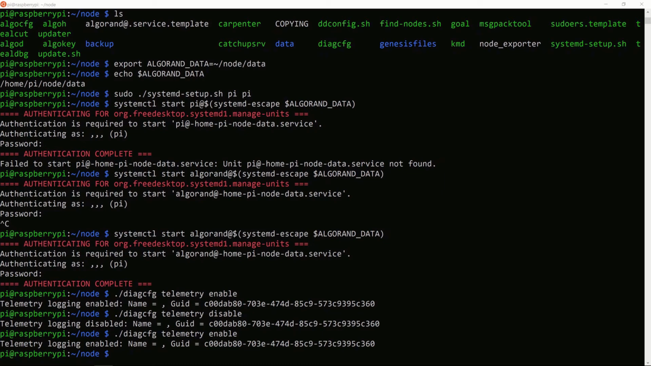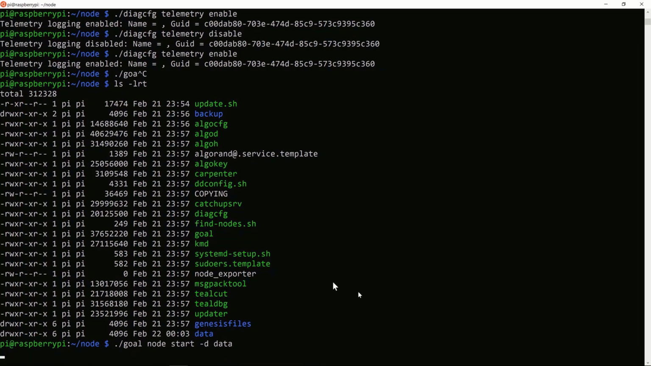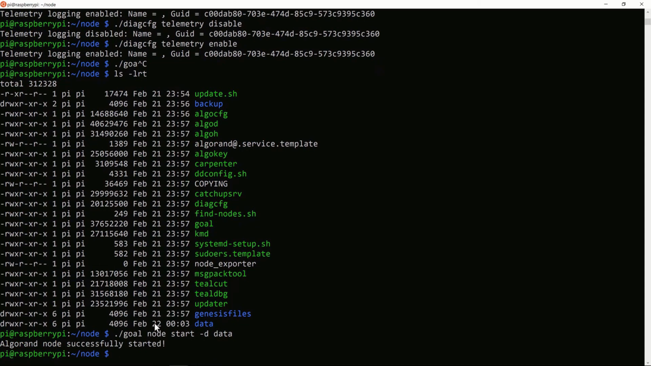And now we can also start our first node. So how do we do it? We can basically start a command called goal, which is in this directory. So this is basically this command. We execute it, and later on we provide the commands to start a node inside of this directory, starting with data. And now we see that an Algorand node has been successfully started,